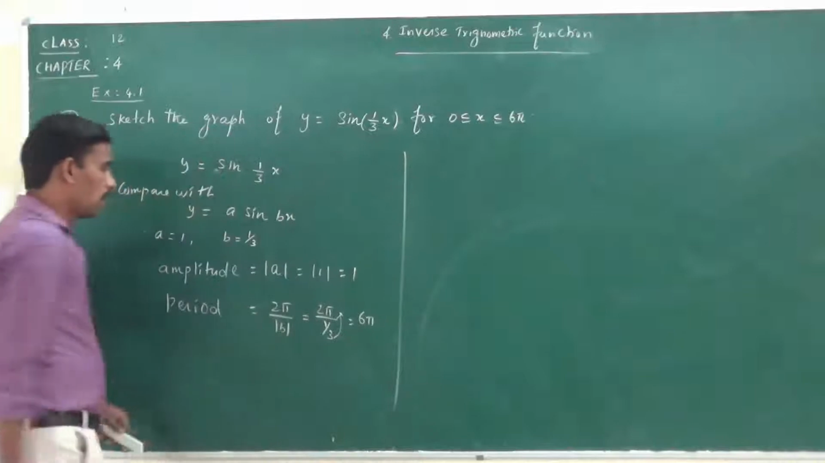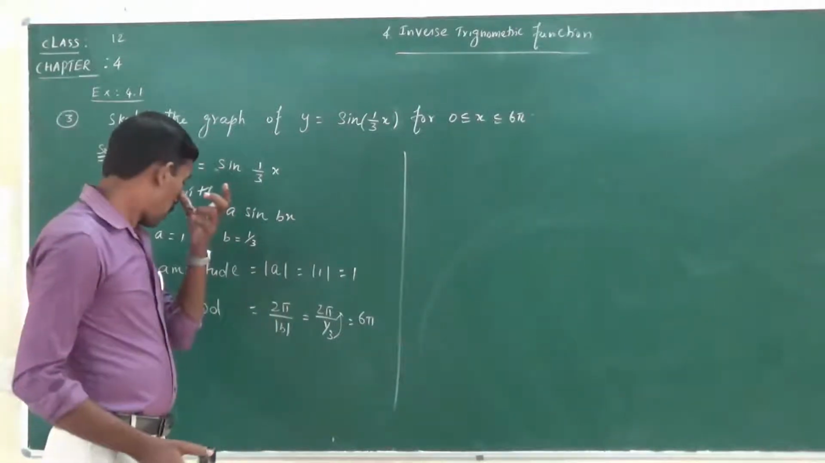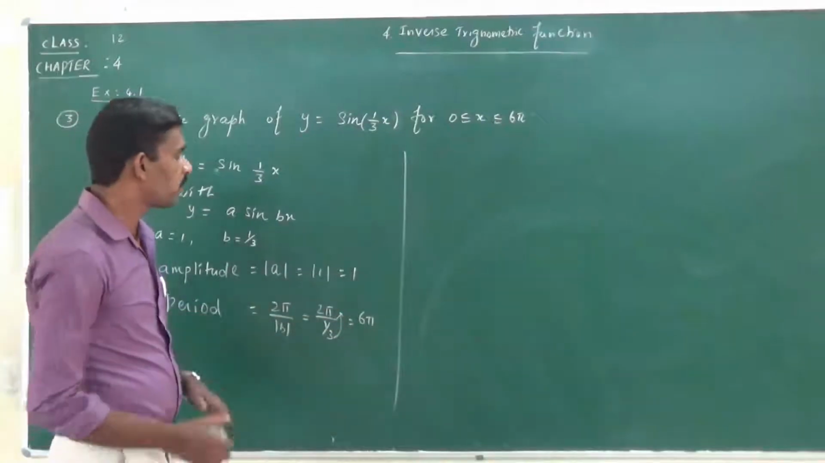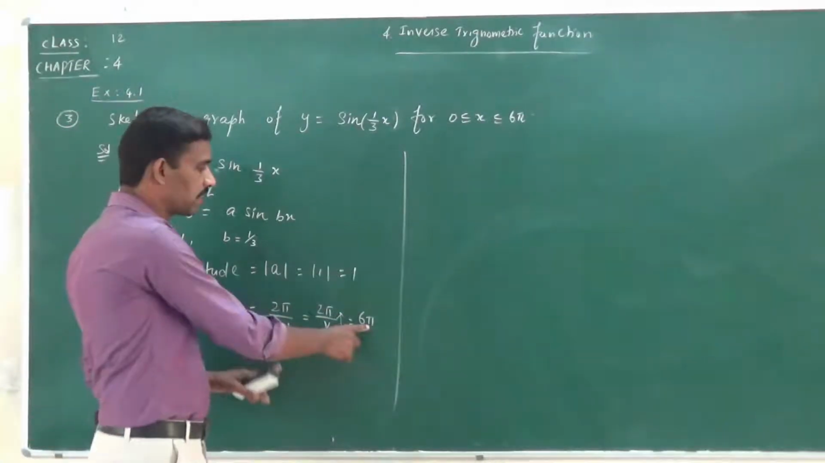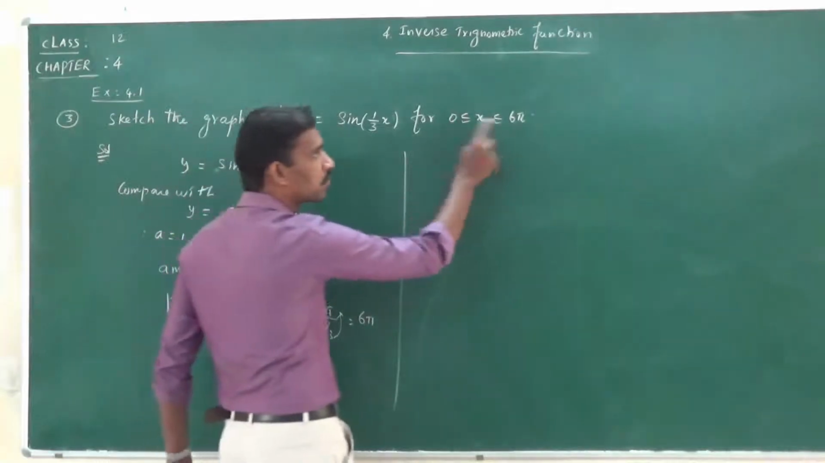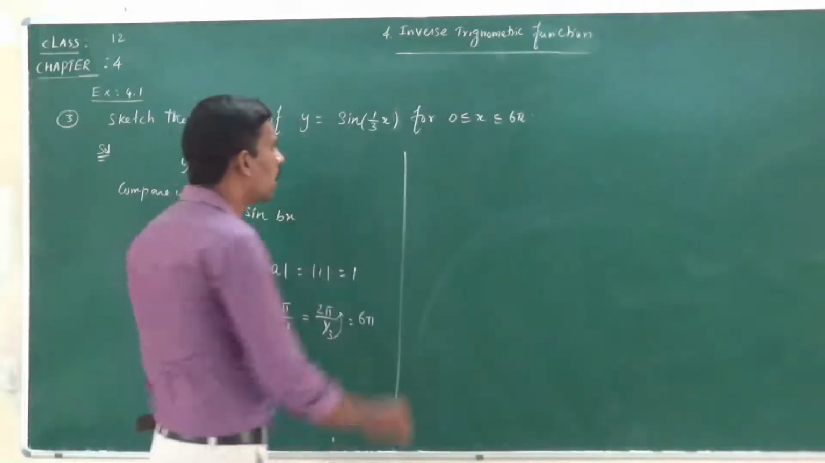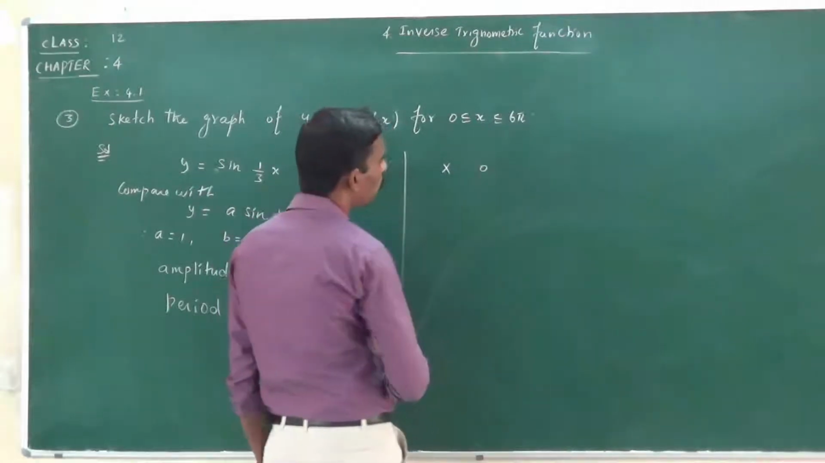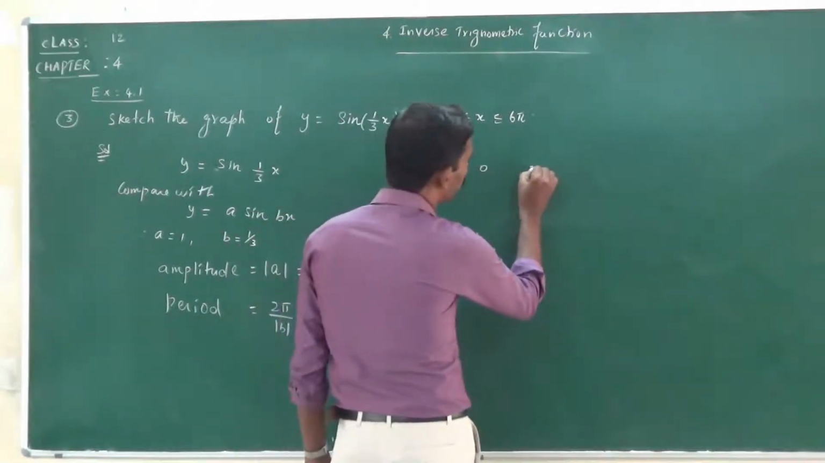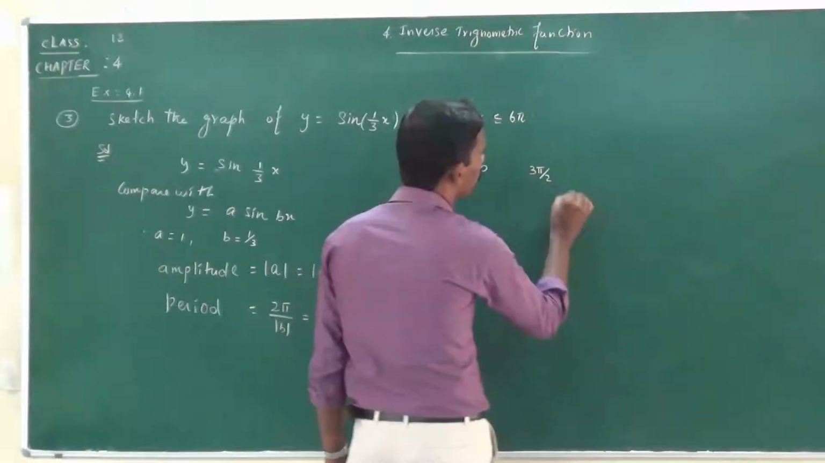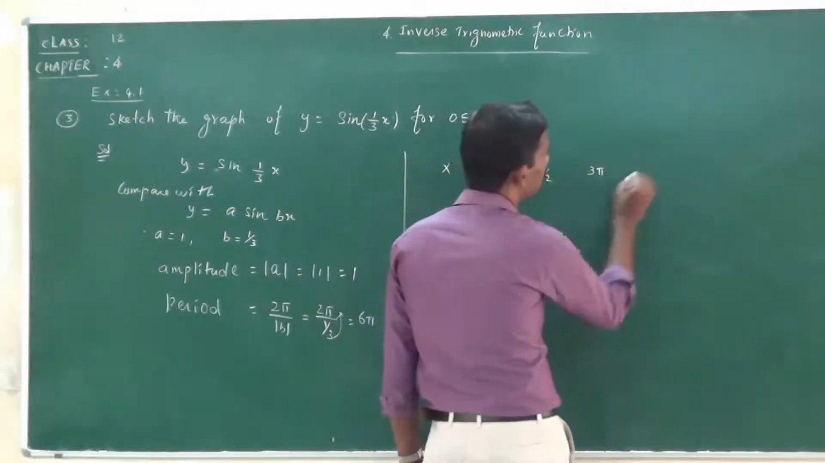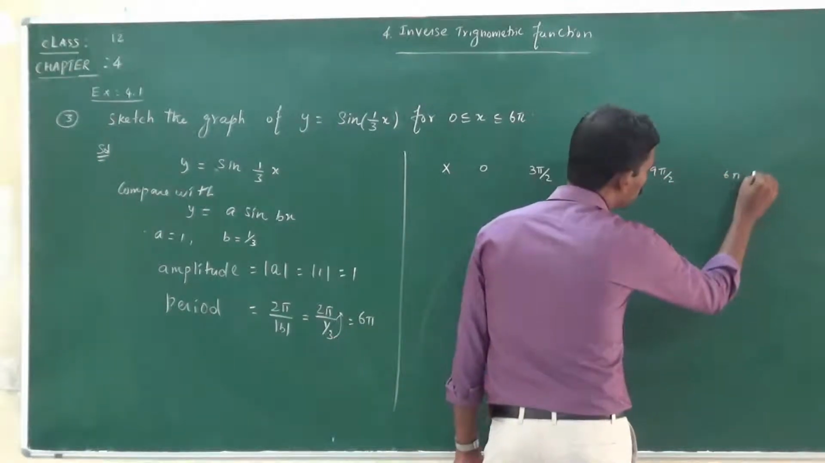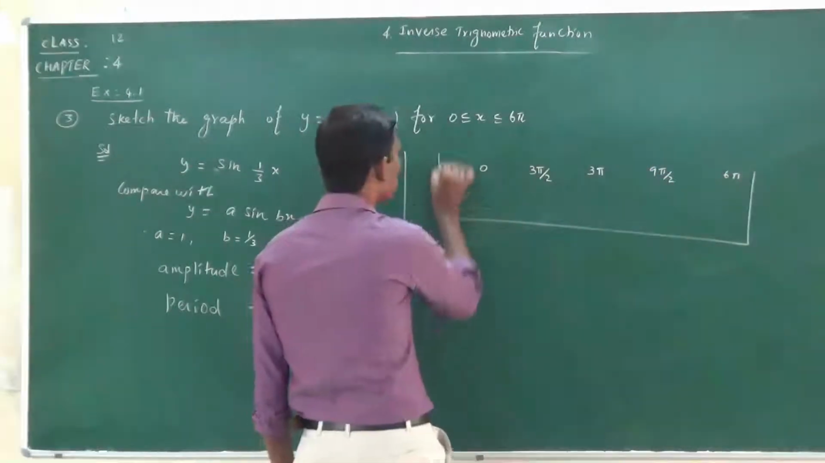So, amplitude is the maximum distance, which is only one. And the period is the cycle, which goes from 0 to 6 pi. Now, take the table values here. Take the values 0 and 3 pi by 2. Next 3 pi. Another one 9 pi by 2. Finally 6 pi. So, take the values of x and